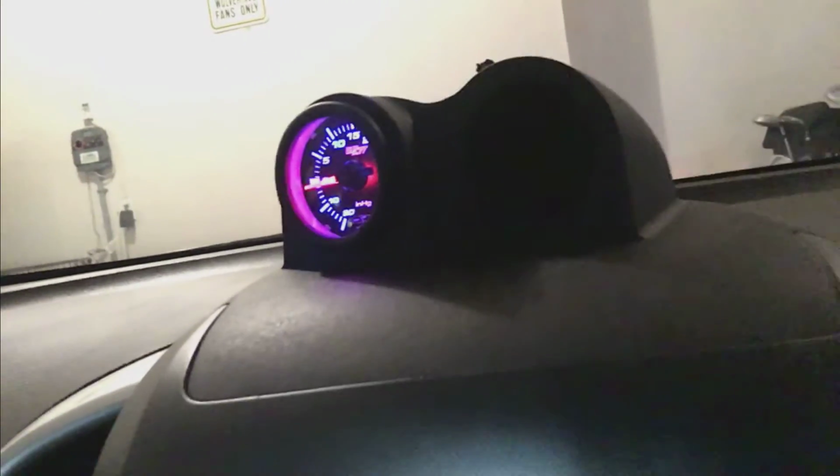So I had a Glowshift turbo boost gauge and vacuum gauge, and where you have to run the vacuum line for the gauge, there's this little green and black vacuum line that's just behind the intake manifold, and that's where you can tap into for your vacuum line. It's much easier, I kind of found out afterward,